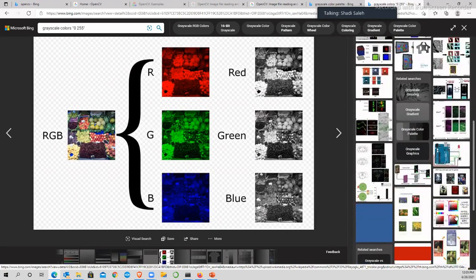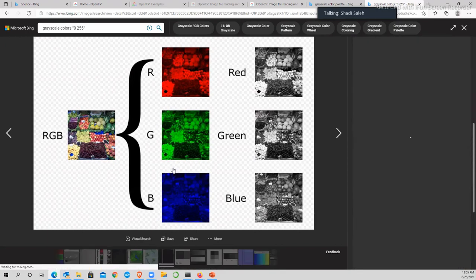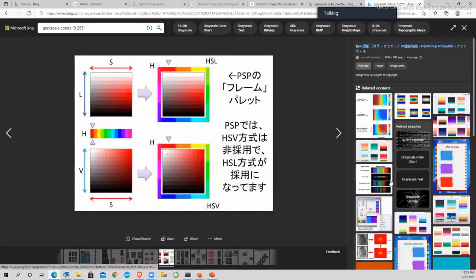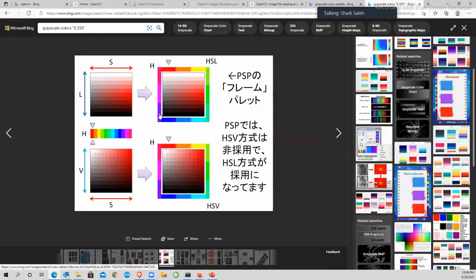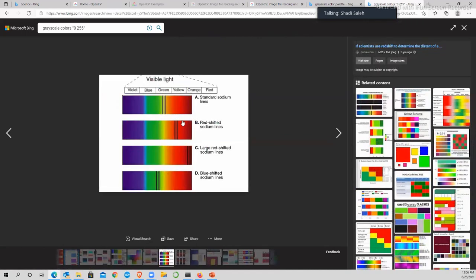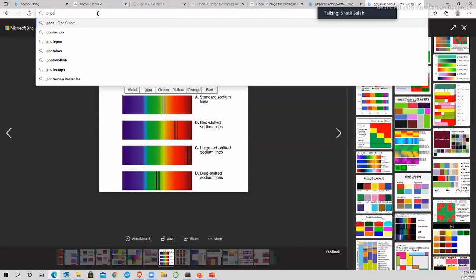Something like this, and this is the same idea. I hope this makes some example. No, this is like a huge explanation. Something like this. This is visual light, and this is how it's looking. If you have this, this is the complete standard solid line, and this is how it goes from 0 to 9. And sometimes if you go for some, maybe Photoshop online, maybe